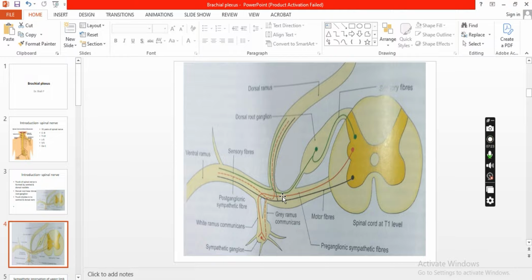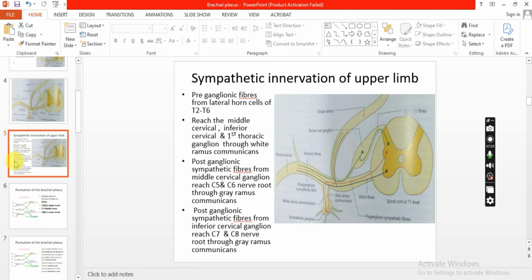In the case of the upper limb, the preganglionic fibers arise from the T2 to T6 spinal segments of the spinal cord. What do you mean by spinal segment? The portion of the spinal cord which gives attachment to the nerve roots of one spinal nerve is called a spinal segment. Okay? So the fibers arising from the T2 to T6 spinal segments pass through the corresponding ventral root and